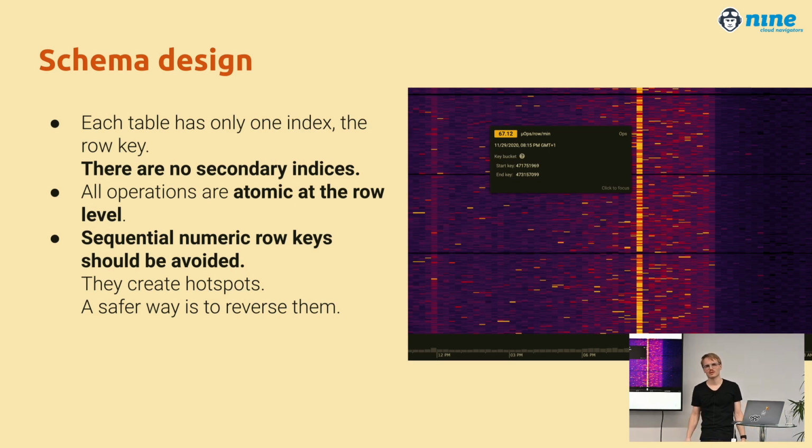So for example, I'll give you an example. When you start out with Bigtable, you might use your customer table. Your customer ID might be a number going from 0 and upward, like a counter in a relational database system. The problem with that is that if you have 3 Bigtable nodes,